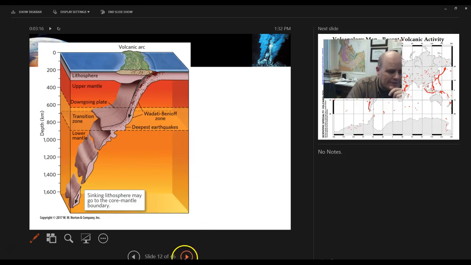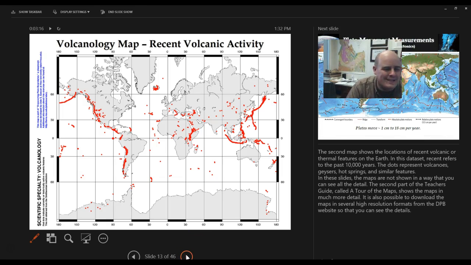And last of all, the last clue that can tell us about what's going on with the plates is the volcanoes. Notice they're right where you have plate boundaries as well. So all of these keys, earthquakes, volcanoes, topography, the ages of the rocks, all indicate that there is